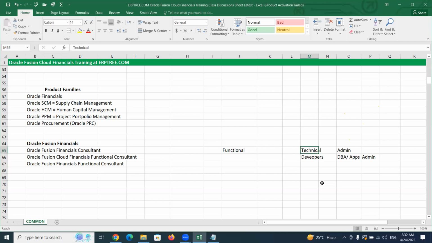So we need technical consultants, but very primary is functional. If you take the example of 10 resources in one project, say we are implementing for one company, we have 10 consultants in the project. Out of 10 consultants, you may have one or two technical consultants. In the case of Oracle Fusion, we don't need any DBAs. The DBA part is handled by Oracle itself. And when I talk about technical, hardly we may need one or two technical consultants. The rest, eight or nine, are only functional consultants.